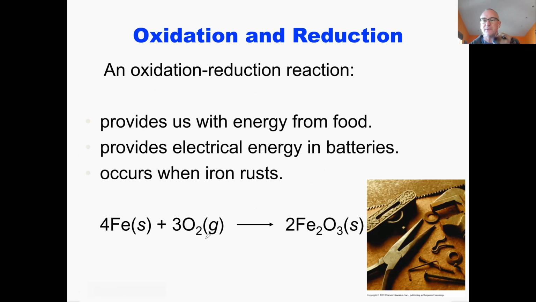So oxidation numbers in ionic compounds are relatively straightforward because they're all charged. And so we know what the oxidation numbers are going to be. Oxygen has a -2 charge, therefore its oxidation number is -2. Iron has a +3 charge, therefore its oxidation number is going to be +3. It gets a little trickier in covalent compounds. And one of them was in the